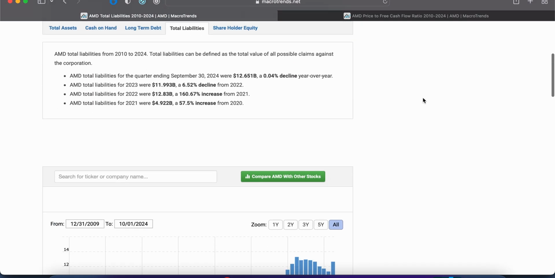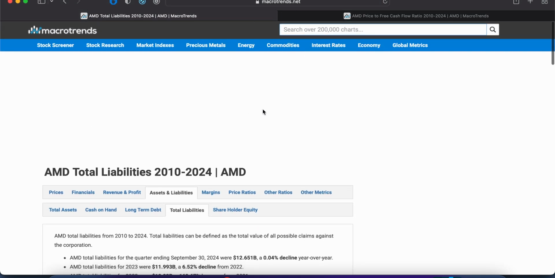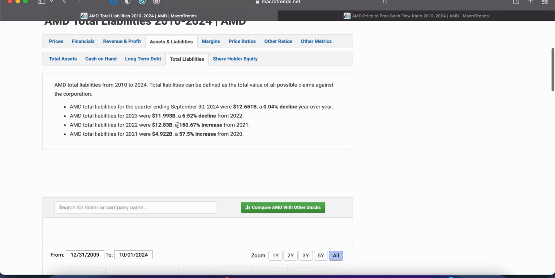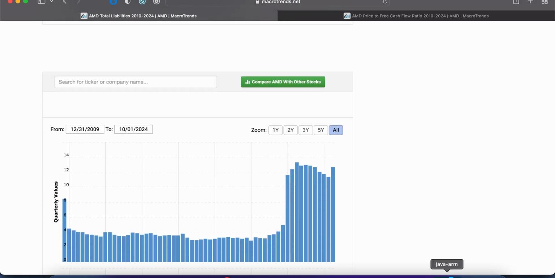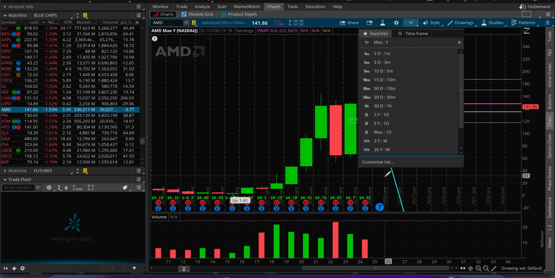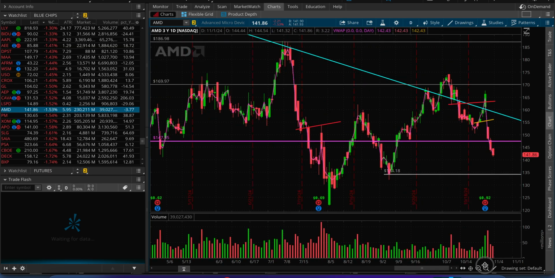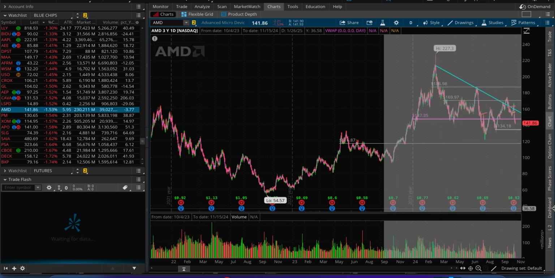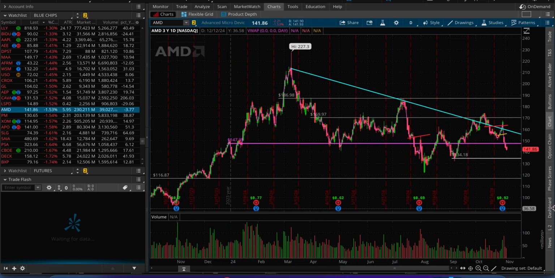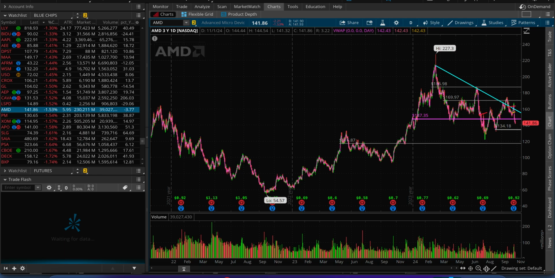Total liabilities, if you want to look at it, you can go take a look yourself. Macro trends, and this is my best guess, right? That could be the case if you just compare it to many other stocks out there. PE pretty high. Are they capitalizing on that AI and setting cash on the side? No, their cash on hand is not increasing. I think that could be the reason why the market is like, okay, it's a bit expensive here.